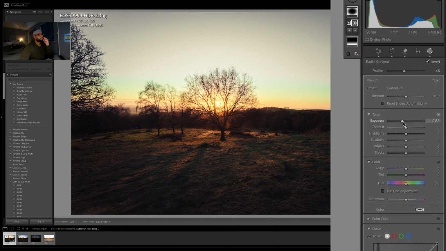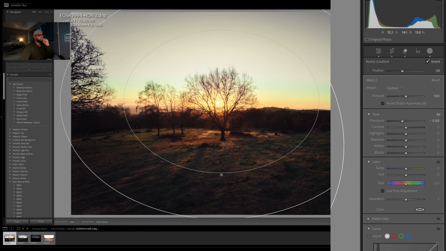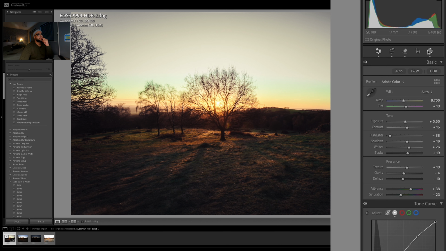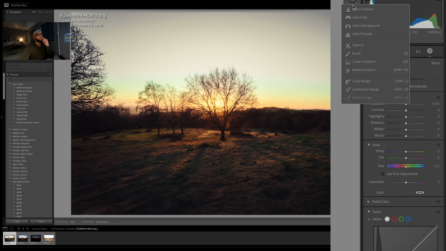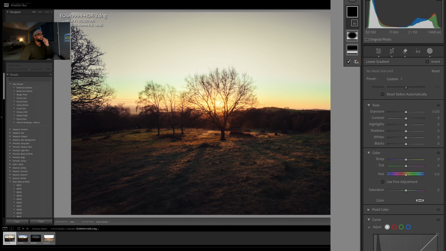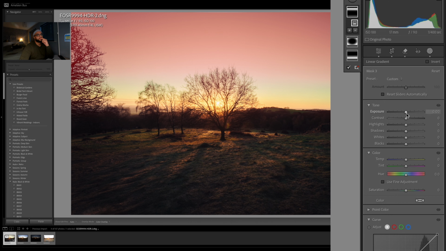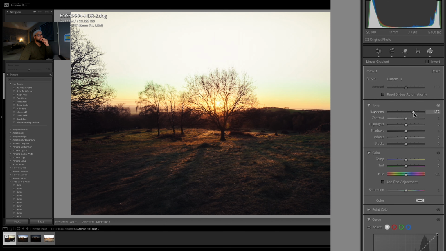Then we'll see that. We'll bring that up a little bit, and that looks good to me. Actually, one more. We'll do one on the top because I want the sky to be brighter. So we are just gonna increase that highlight quite a bit. I want it to be whitish,